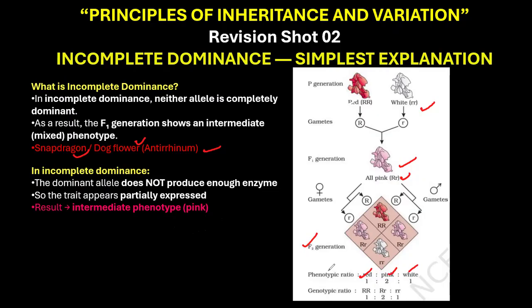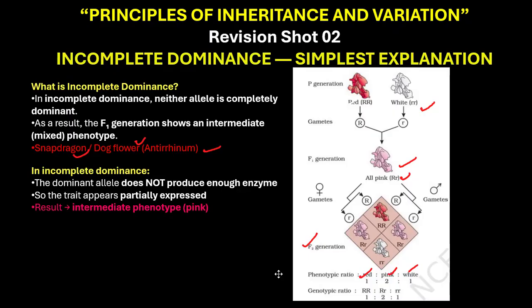The ratio for both genotype and phenotype, that is the phenotypic ratio, is 1:2:1. One is red, two are pink, and one is white. You must remember the example. They will start the question with an example, and you now know the reason for this incomplete dominance. Hope you understood the topic. It's a very important one. Just remember these